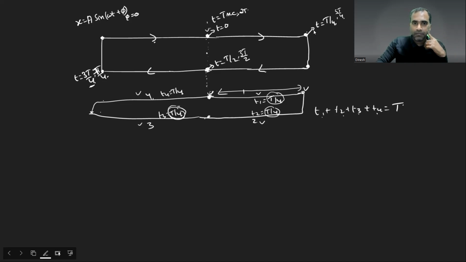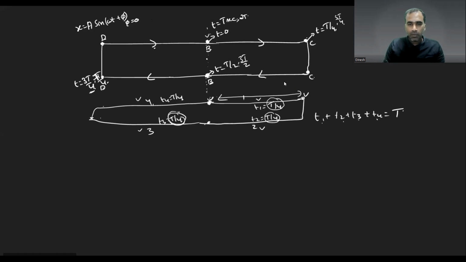Now let me ask you some questions. Harsha, let me ask you the first question. Can you tell me what is the time taken to go from B again to B? Start from B, travel, and again come back to B. What is the time taken? T by 2, sir. Very good. Yes, it is T by 2. Next,